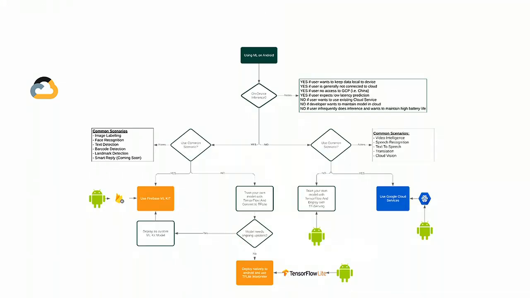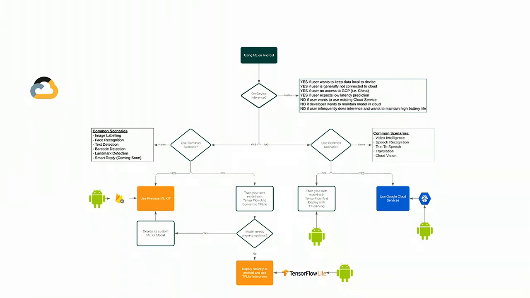So in summary, for the choices that you're facing, we realized that this was a very confusing thing. So part of what I've been trying to drive in Google is a bit of a strategy around, okay, what do mobile developers need for machine learning? And it was driven off of a flowchart like this one, and I'm sorry if it's really small, but that's kind of part of the intent, that we understand that it's very confusing.